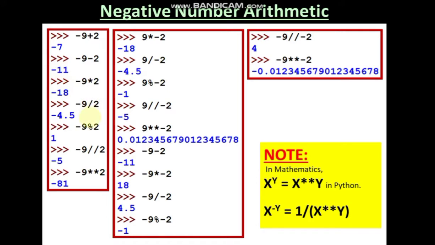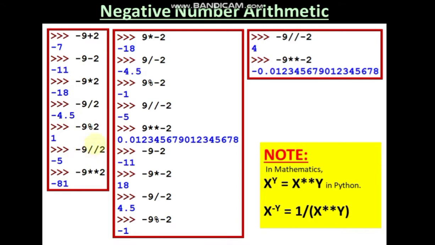So all this thing. And I would like to show you one thing here, for example when we are doing minus 9 divided by 2. Now what will be the answer and why have we got minus 4.5? If we multiply 2 with minus 4.5, then only we get minus 9. So 2, and in the quotient if we write minus 4.5, then only we get minus 9. So that is why minus 4.5 is the answer.